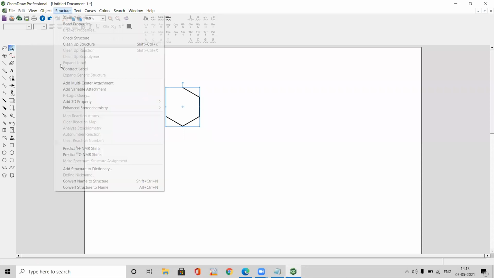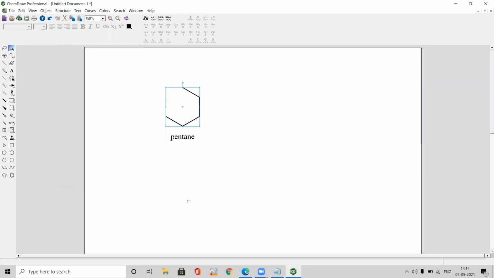Now let's see the name of the compound. 1, 2, 3, 4, 5. Sorry, 5 carbons are there. So it became pentane. As it is a straight chain, we need to represent it according to IUPAC as n-pentane.